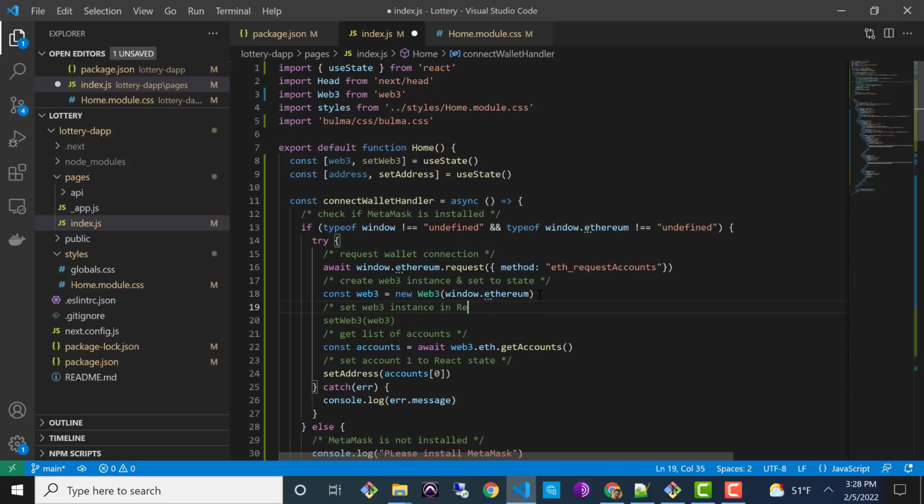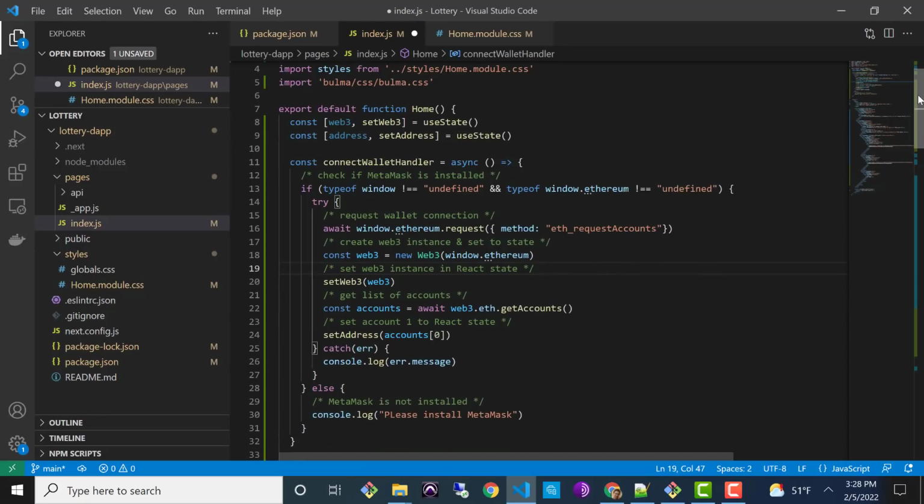Just so it's super clear. React state. All right, perfect. So with this, let's go ahead and save the file, and let's go back to the browser